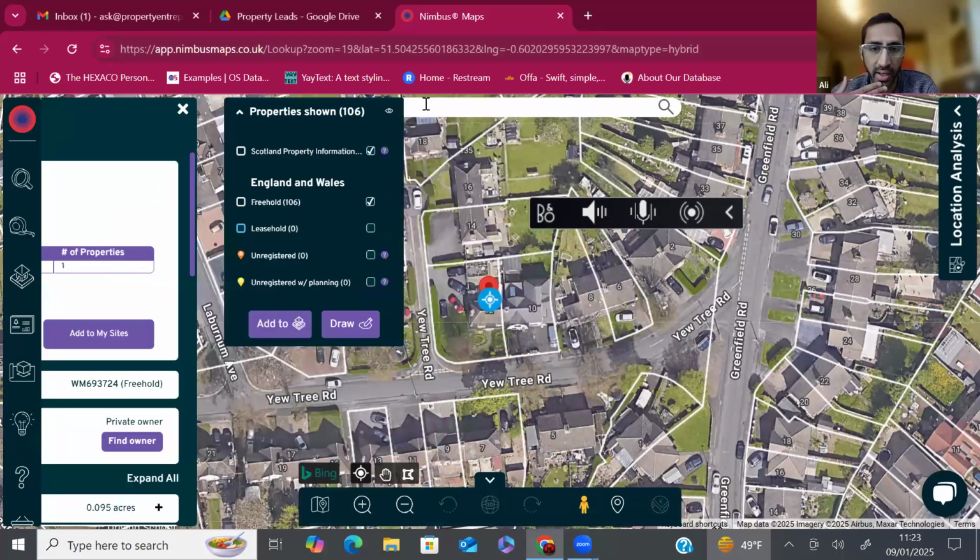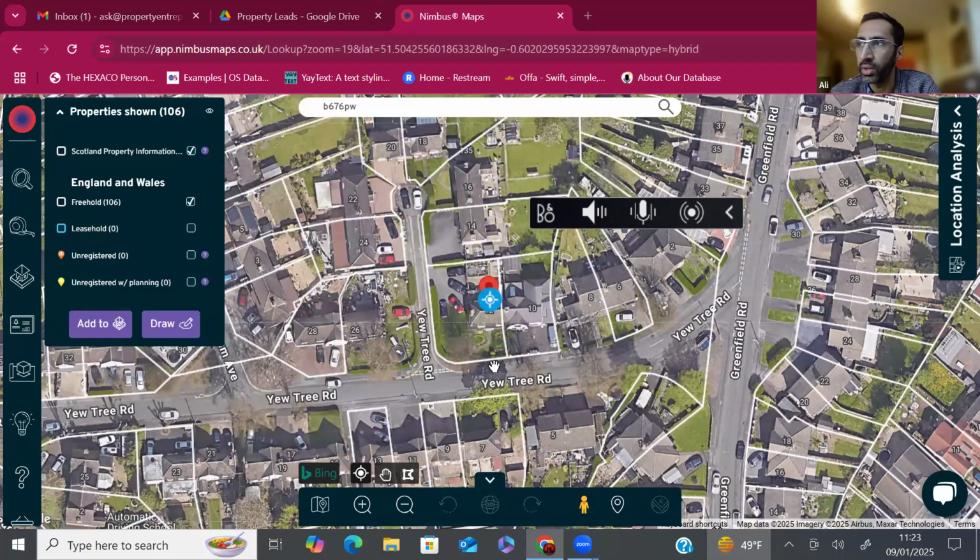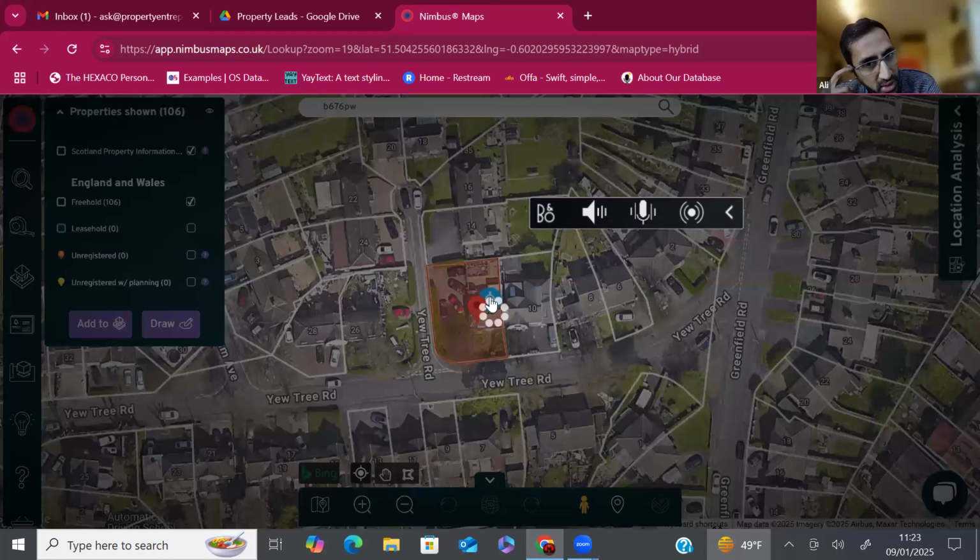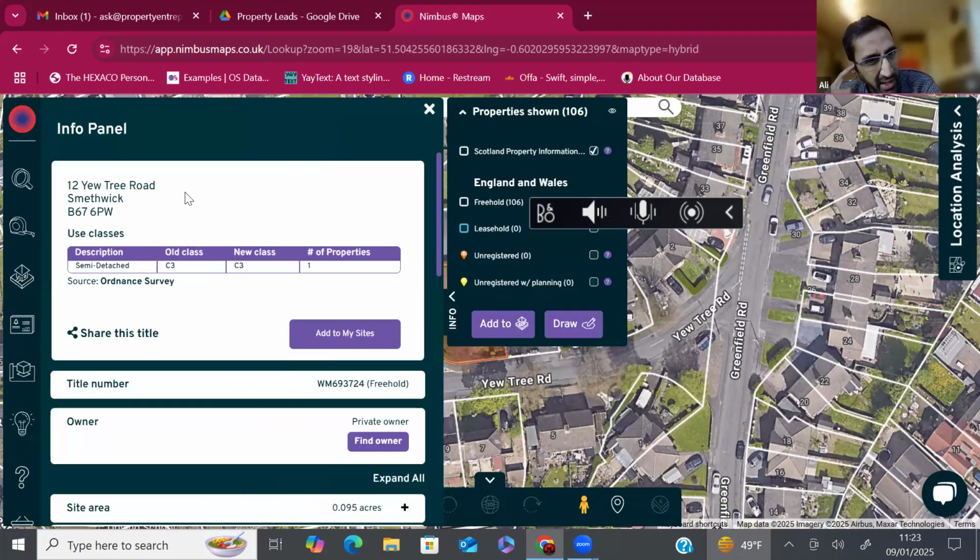Yeah, so funny enough, this deal actually, I went to view this property through an estate agent about a year ago. Clearly, with that land beside it being very promising, with a lot of potential, at that point I was thinking of going down the HMO extension route. But when I saw it, there was that access issue to the plot itself. So I sort of left it. I said, I don't know how this is going to work. But for some strange reason, this has now gone to probate and came through a deal sourcer. Okay, so this property is on the probate and has come through a deal sourcer.